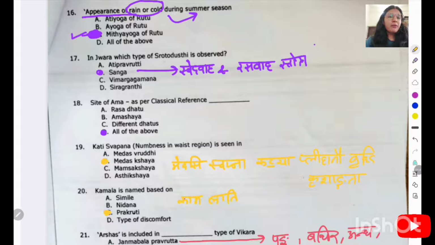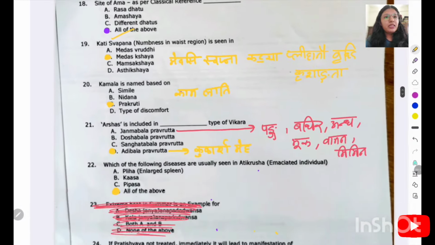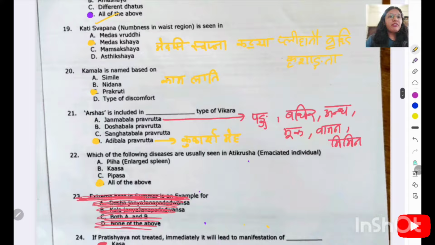In Jwara, which type of Srotodushti will be there? In Jwara, what is happening is there is Sanga, and Sanga specifically of Rasavaha and Svedavaha Srotas. That's why there is no sweating, and Ama manifestation in the Amashaya. Site of Ama as per the classical references can be at the Rasa Dhatu level, it can be in the Amashaya, the first Dosha Dushti, or it can be at different Dhatu levels. Then Kati Swapna, numbness in the waist, is seen in